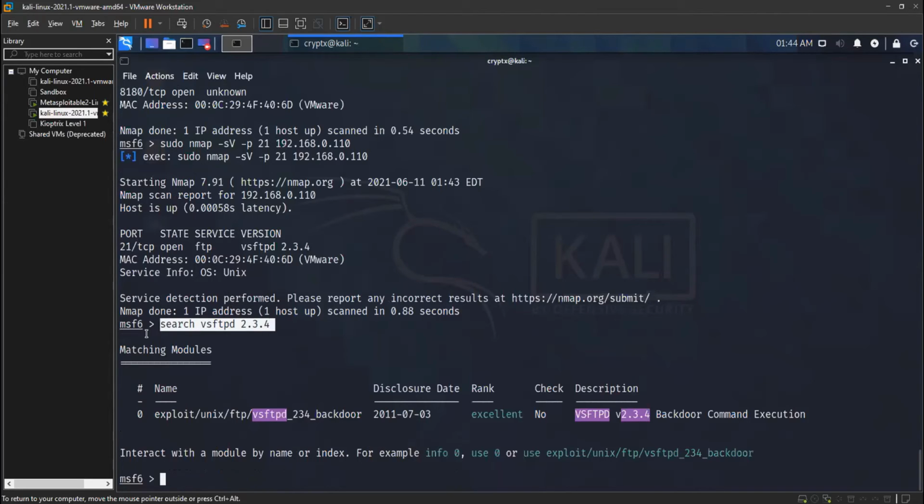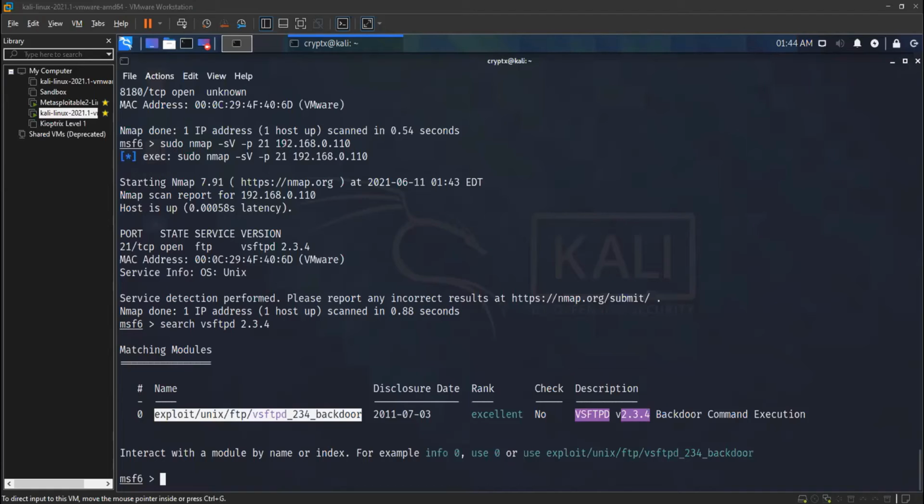So it looked for modules inside. It found an exploit here, this backdoor. It says excellent, so that means it must be vulnerable, right? So this is how we search for an exploit using the search command.